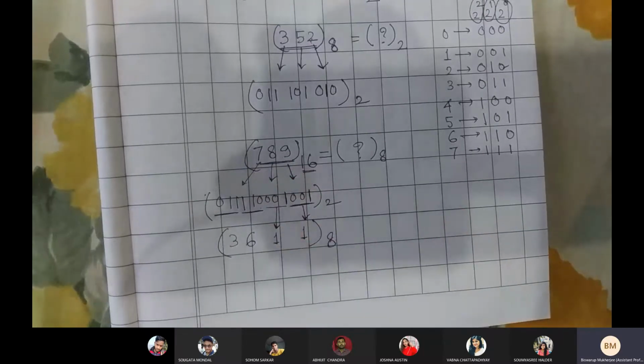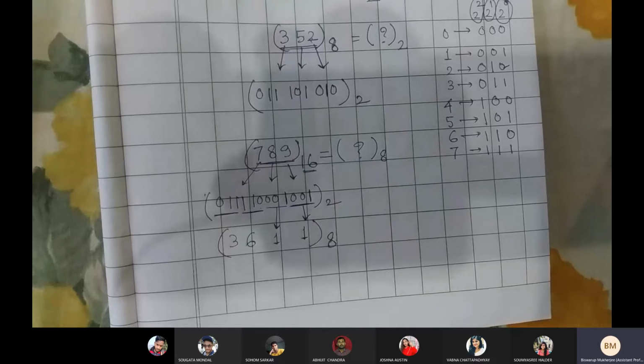Whichever process you would like to go with, you can go, unless you are being asked to do that one. Or the most simple way of getting this conversion directly, hexadecimal, octal, binary, or decimal, is with the help of calculators. You can directly go to your calculator, and you can use that in your final examination. But if you are being asked to show the process, you have to go for the process.